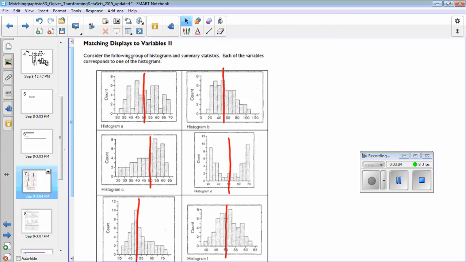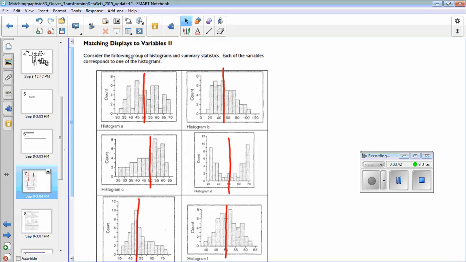So we really have to use the mean and the standard deviation to make some determinations about which variable, 1, 2, 3, 4, 5, and 6, matches with which histogram. So one of the questions on your quiz stated, which measure of center and spread are you going to use and why? What do I have to look at to decide that? When do I use the mean versus the median? Those are the 2 measures of center, by the way. Anna?